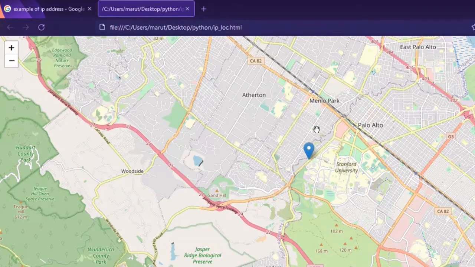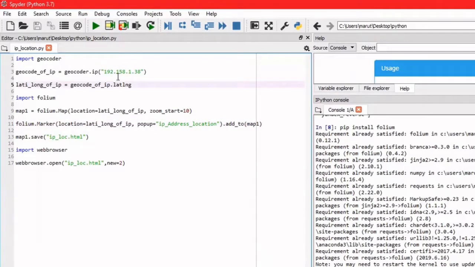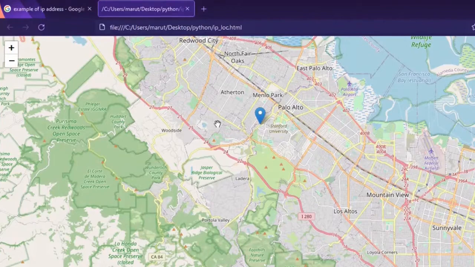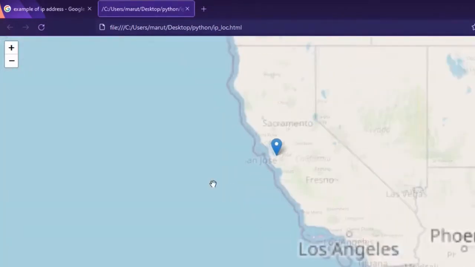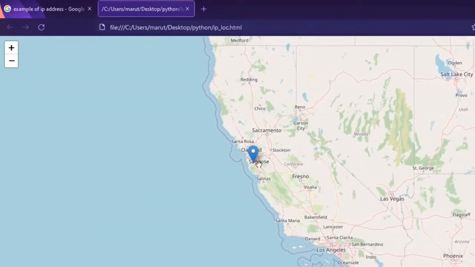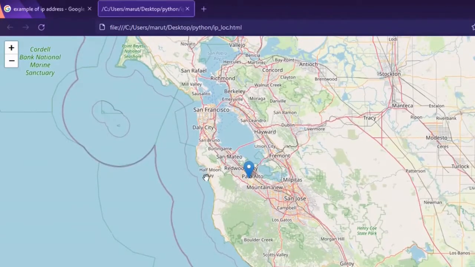This random IP address we had taken from the internet is showing near Palo Alto. Okay, so this is how we can find the location of a given IP address.